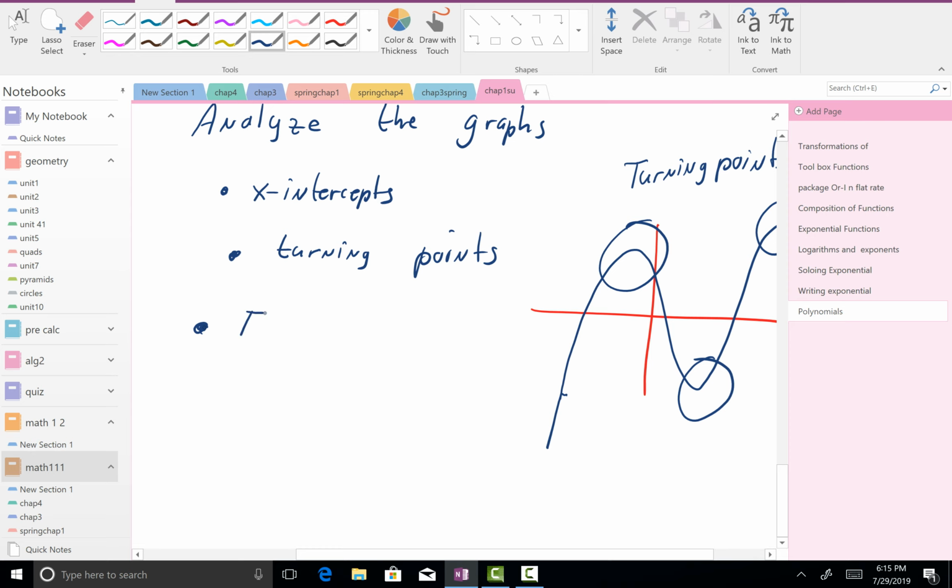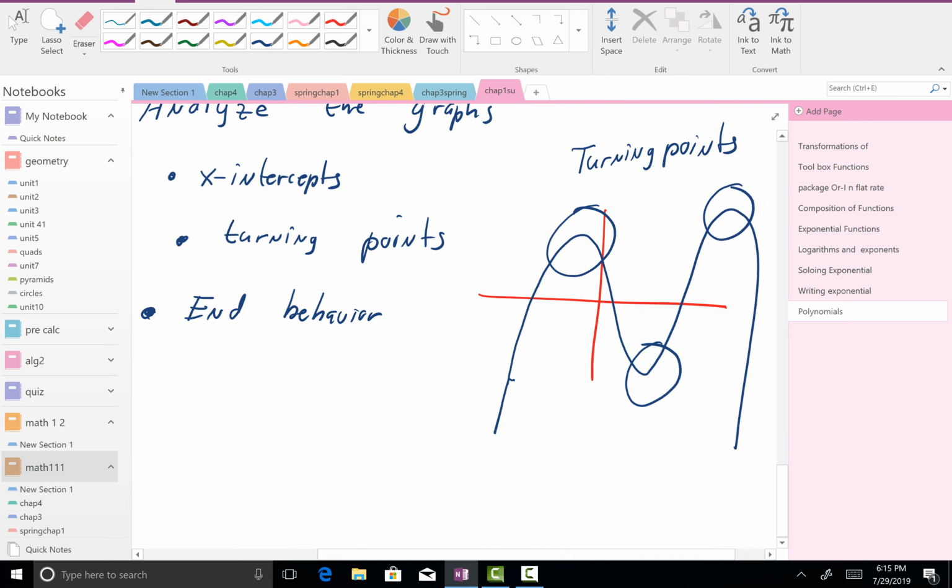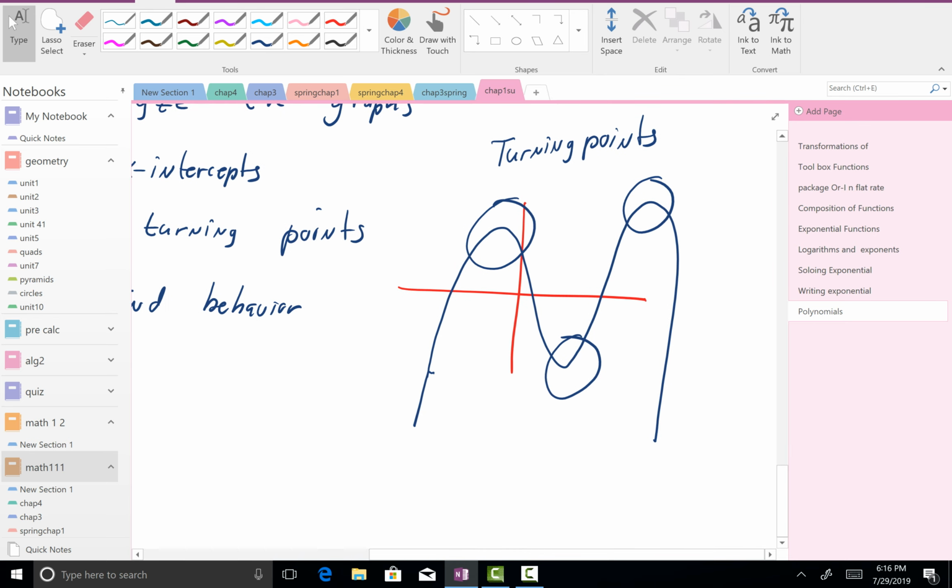The other thing is end behavior. The end behavior is what's happening at the end of the graph. So this one is going down, so it's decreasing. This one's going up. You can't see. Oh no, that's going to come back down, didn't it? Made an M. Let me move them over. So at this end, it's decreasing. So we would say that the end behavior of this